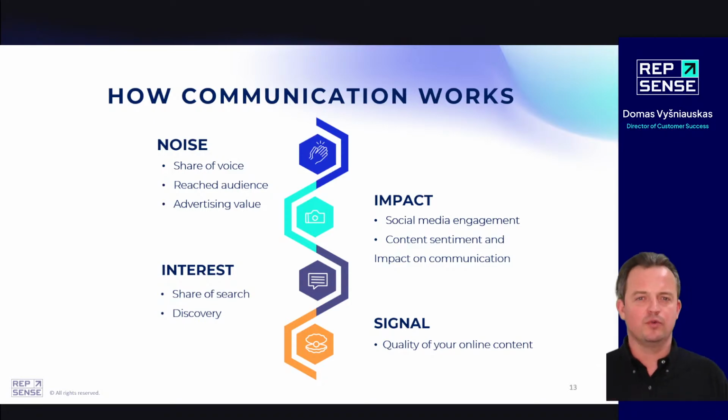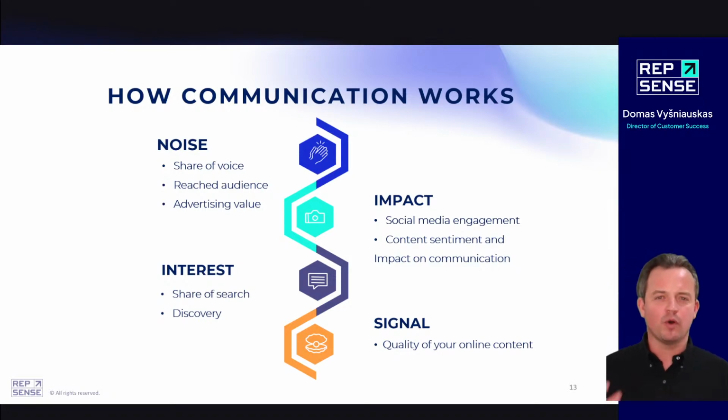And what do we do when we want to search for information? We go on Google and search for that. So it kind of shows our interest. So we decided that we want to have a metric that can help us understand what interest the noise created, and how do we measure that. And for measuring this, share of search is also a very important metric to understand